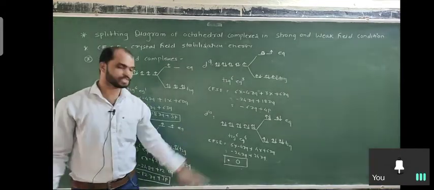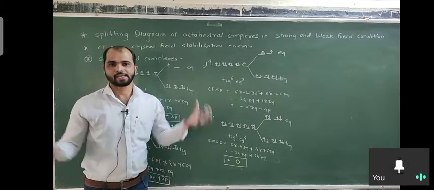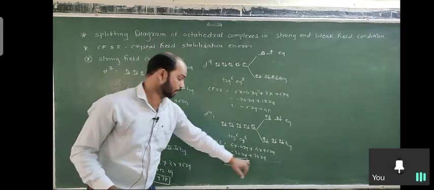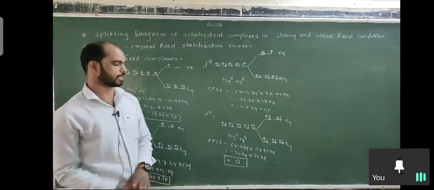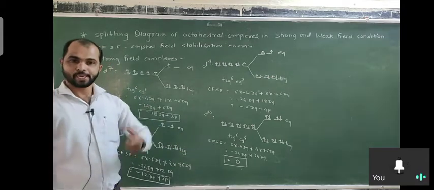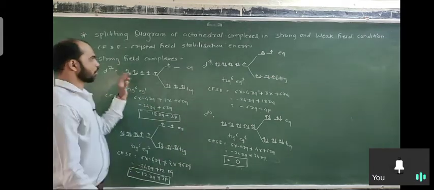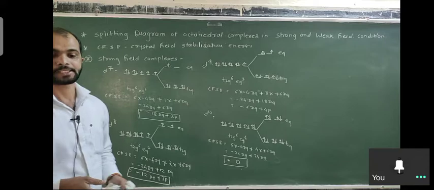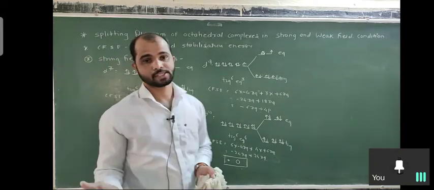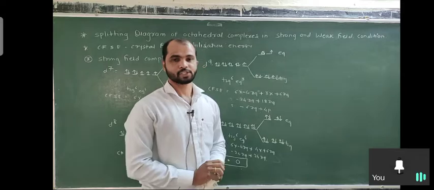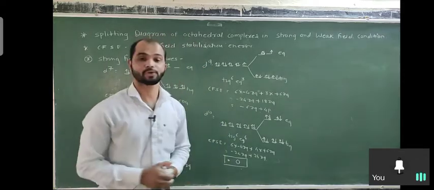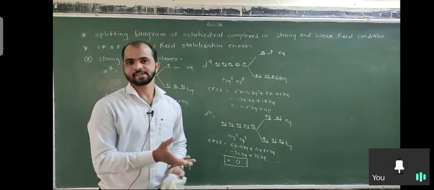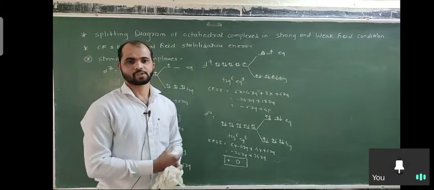If there is no CFSE, there is no existence of pairing energy. So don't show the pairing energy. Means 0 plus 5p is not correct. It is 0. Okay. So this is all about the splitting as well as CFSE in strong field complexes. Same as we are going to discuss in weak field complexes. Then the table is given to you in the book for comparison. You compare with each other. In the next point we're going to discuss what is the evidence of CFSE. How we know the CFSE really exists or not, we will discuss in the next lecture.